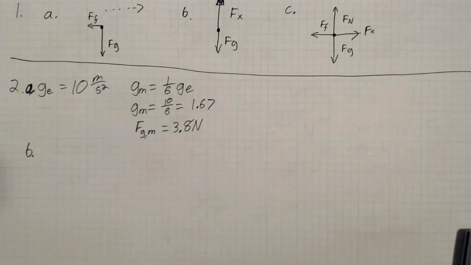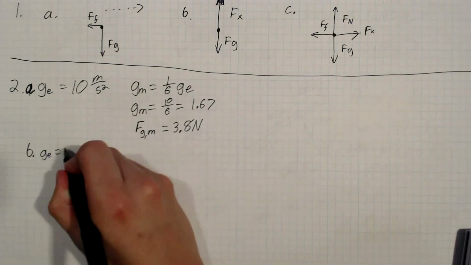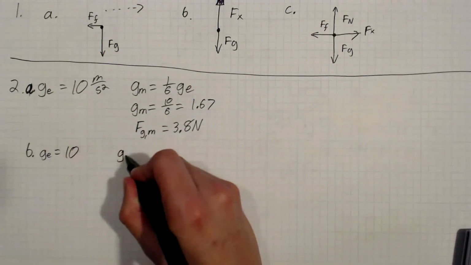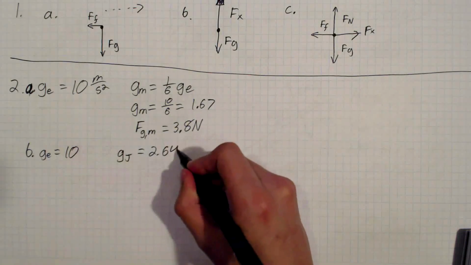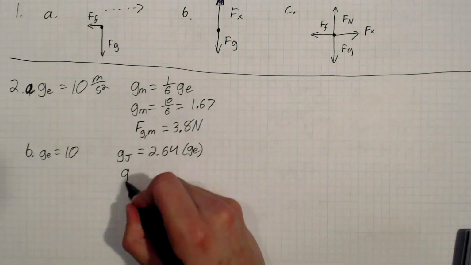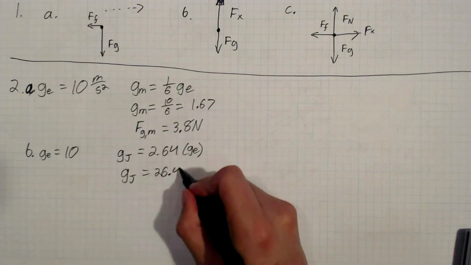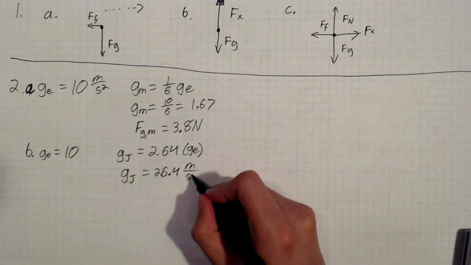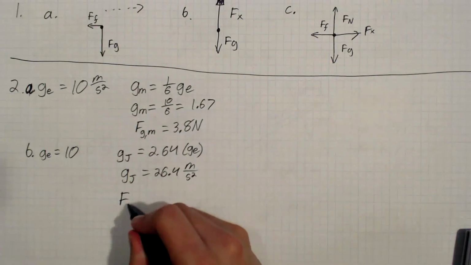Part B says, what about on Jupiter, where the acceleration due to gravity is 2.64 times that of Earth? So, again, if g of Earth is 10, that means g of Jupiter is 2.64 times the gravity of Earth. So the gravity on Jupiter is 26.4. Acceleration due to gravity on Jupiter is 26.4 meters per second squared, meaning that the force of gravity on